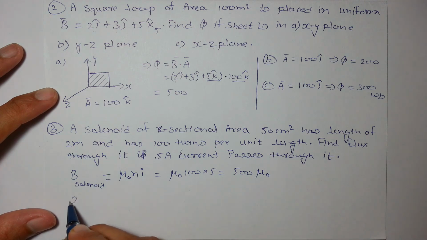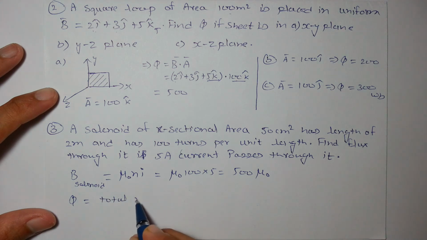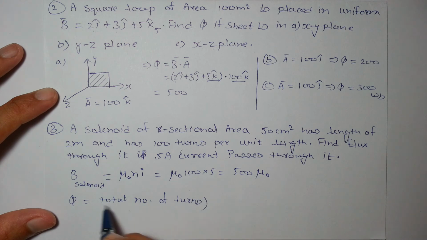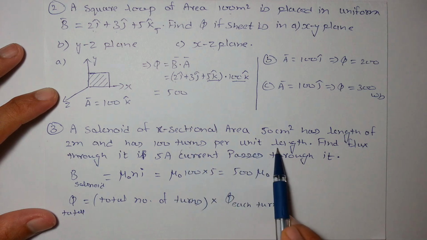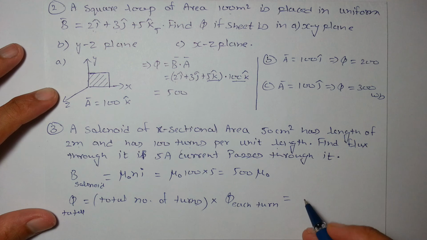Now what is the flux? Flux is the total number of turns into the flux through each turn. Flux through each turn, that will give you the total flux. So how many turns are there? There are 100 turns per unit length and there are 2 meters of length, so there will be 200 turns,